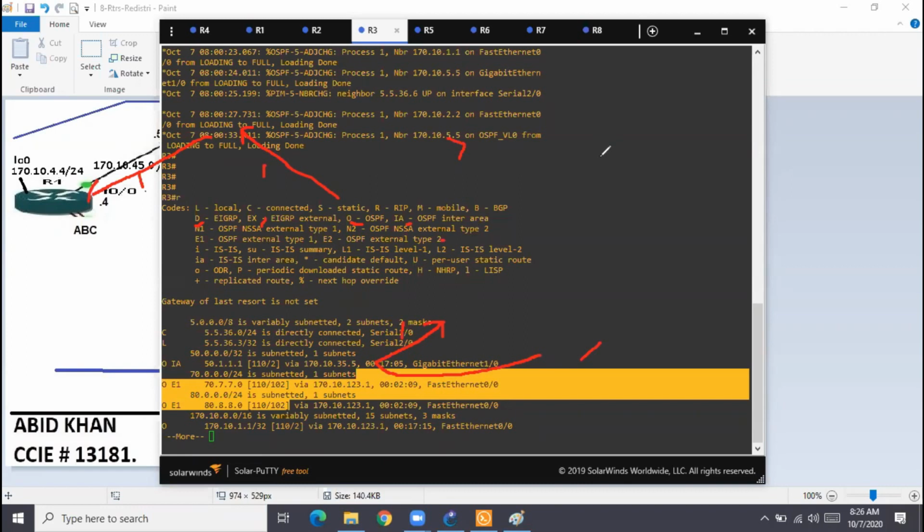But in OSPF, you have so many options, and that's the reason in your real exam also, maximum part will be OSPF. Normally now Cisco doesn't ask much about RIP. Maximum questions you will get are based on your IGP, only OSPF and EIGRP. Maybe OSPF would be 60 on a scale of 100, EIGRP 40.